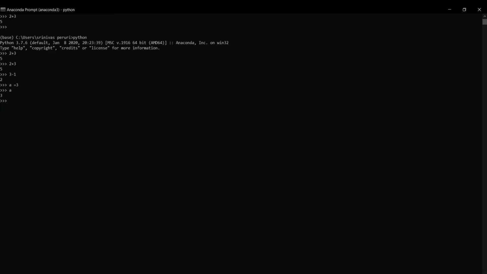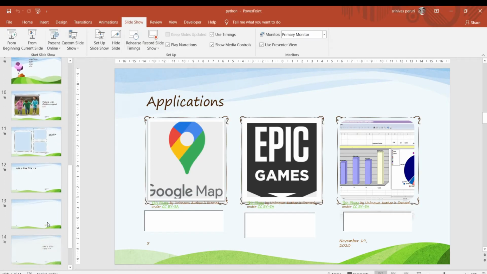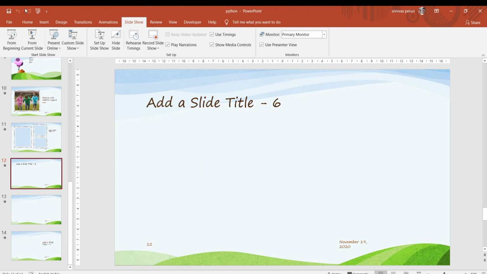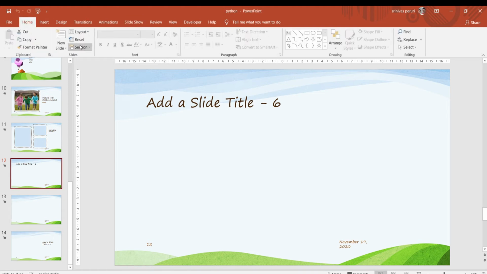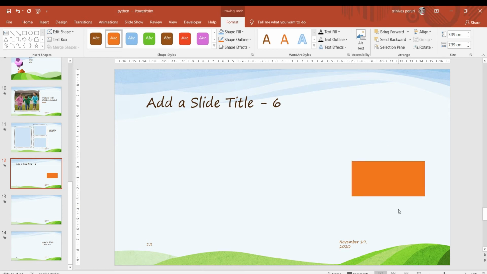Suppose, think about that, I'll explain it here itself. You can notice here, this is a variable a, and we are assigning a value to a.